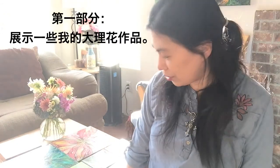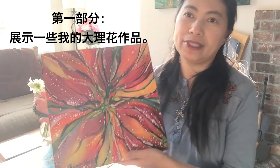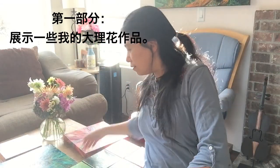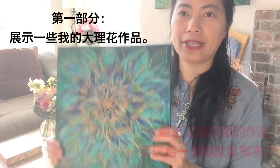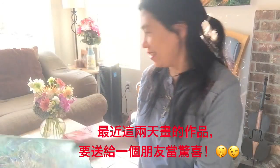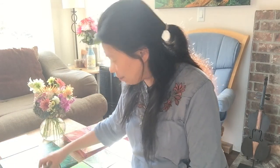First, I'd like to show you some Dahlia paintings I did before. I really love this one because I just love the bright colors on it. And then I did this one these few days, and I want to give this one to a friend and surprise her. Also, I painted some smaller